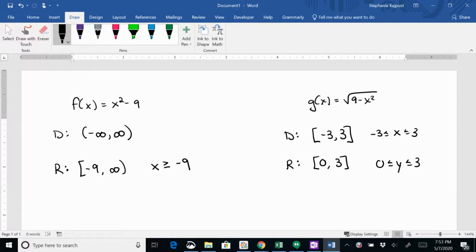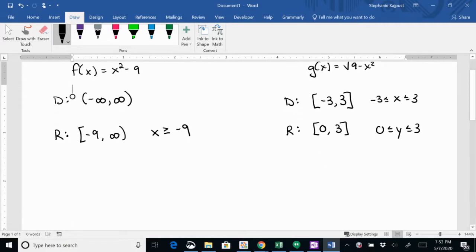So your first step, if you want, is just to find the domain and range of both functions. So we have done f of g of x. Now let's do g of f of x, so you can see how that changes things. So g of f of x, or g